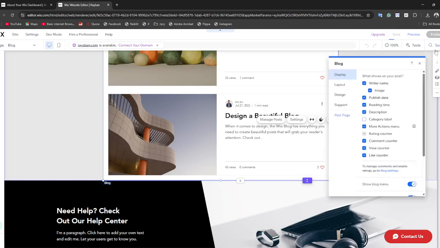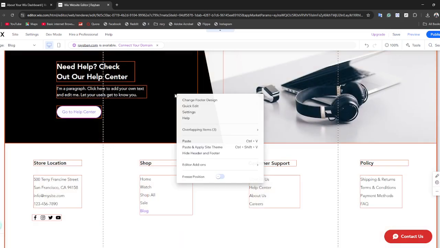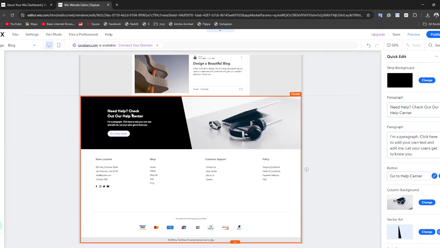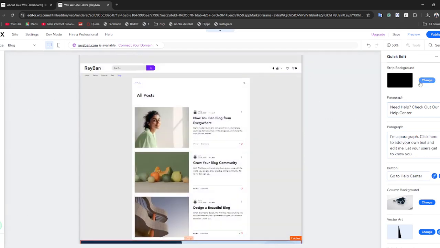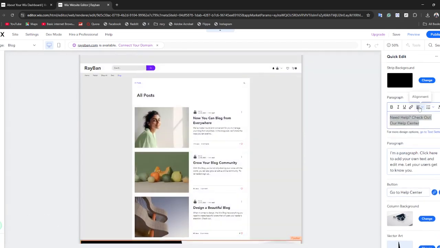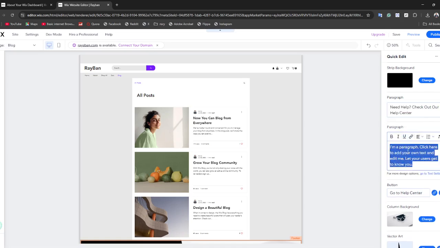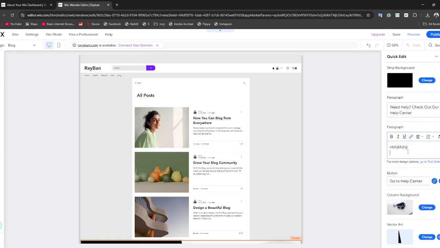Just choose this and then you can edit those texts. You can change these images here, like you can use this site to edit. You can change the background, you can change the text from here, you can change all of this text from here. As you can see, you can change text